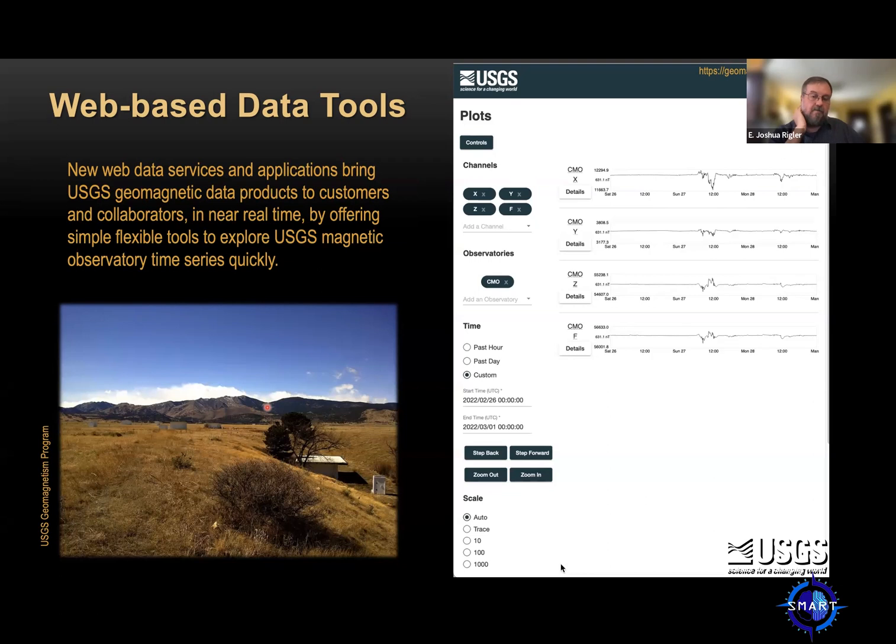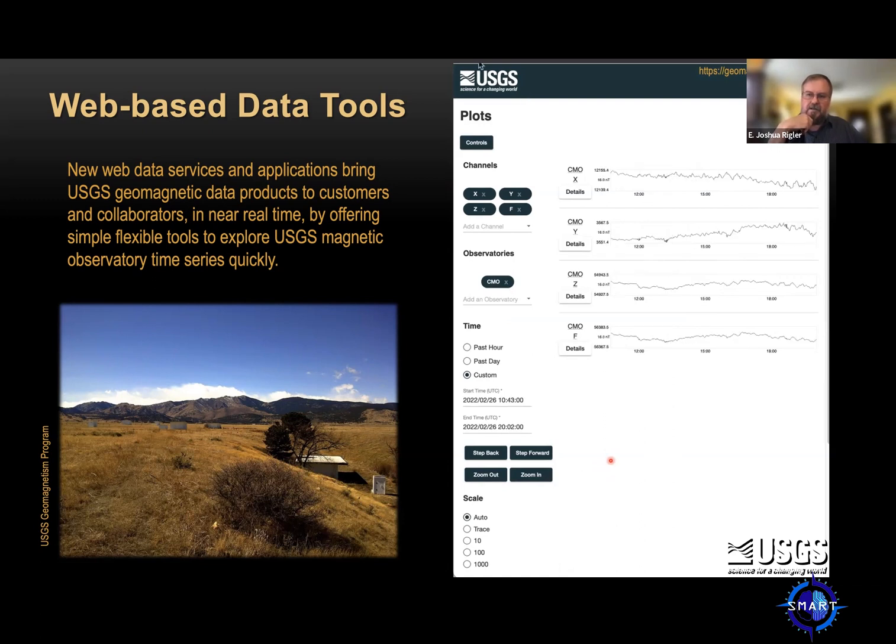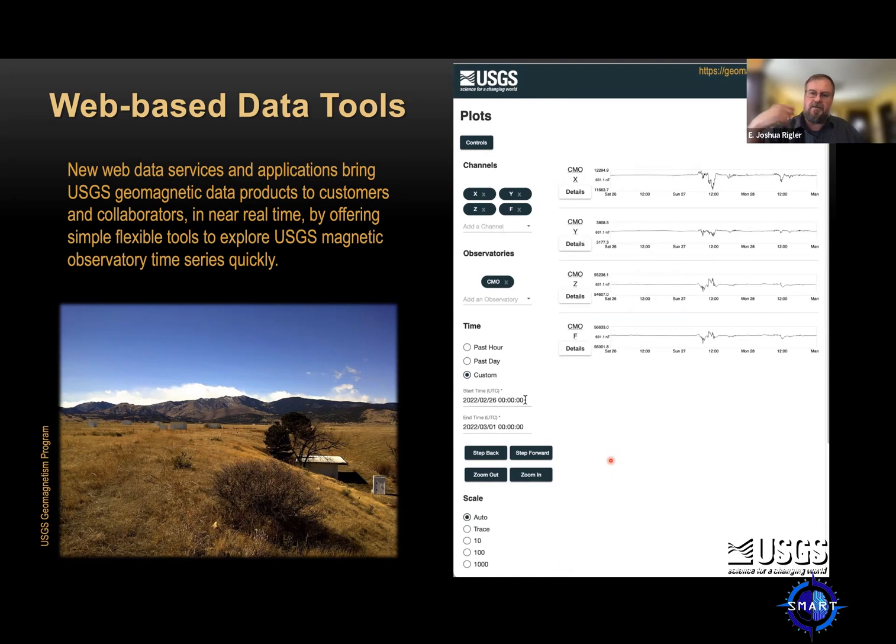So the USGS has a number of tools, but probably one of our most recent and most useful tools is our web-based data service. And so I'm just gonna, rather than try to do a live demo, which never goes well, play this recording I made. But basically, you can get from USGS any of our observatories, any of their different channels, plotted on a single plot, a time series. You can zoom in and out on that time series. You can hover over that time series and see what the times are. You can see what the actual individual measurements are.